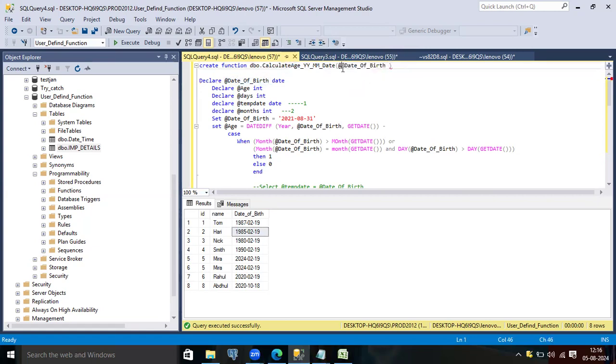And space I will give. What is the data type of D? Because we want to pass the parameter. So already we have declared that, no need of passing this, and here also no need of setting this date of birth. So these two I can remove from here, and then whenever you are creating a function, it will always return some value. So you have to declare here RETURNS,